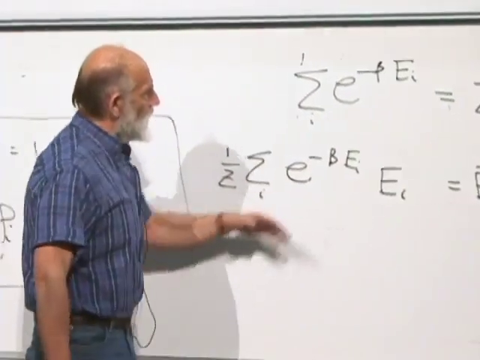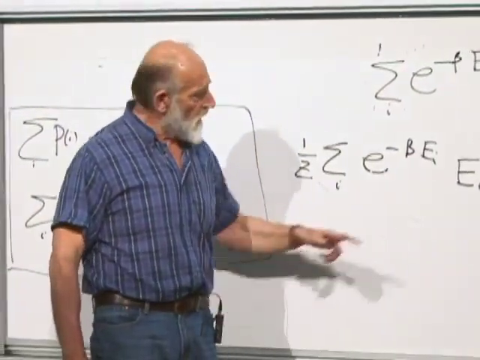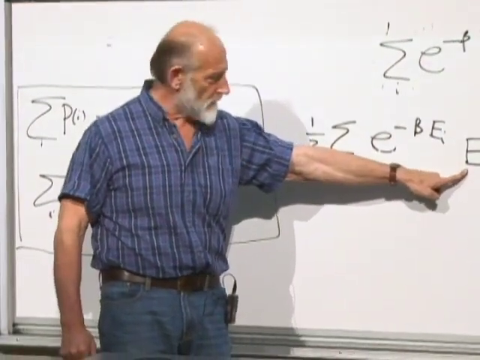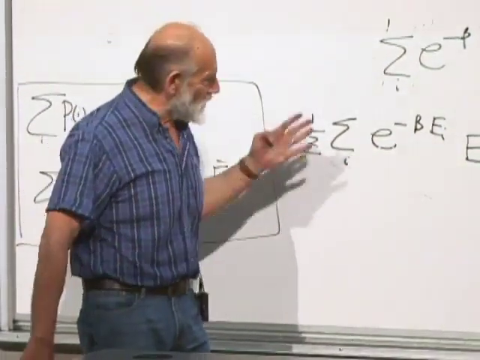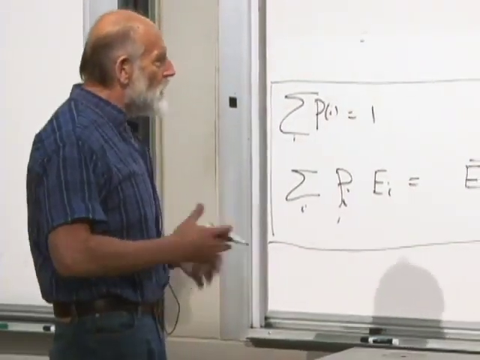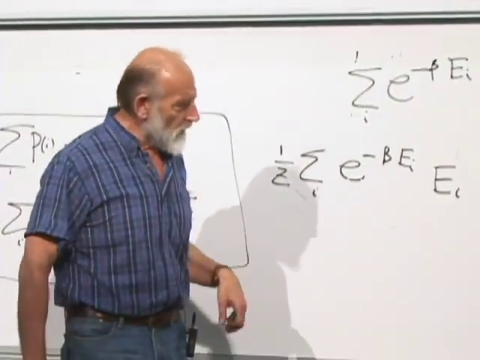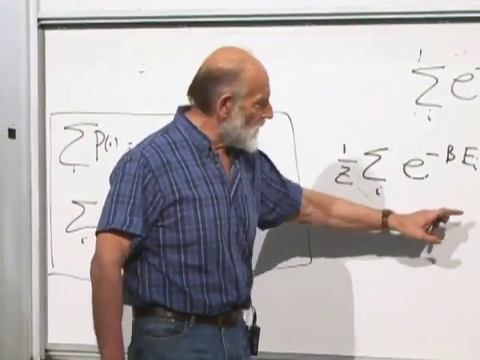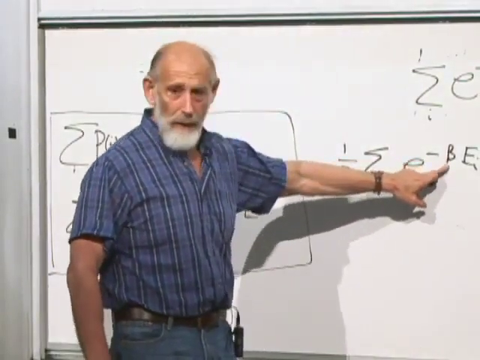This is the object here whose sum defines the partition function. But we have an extra e sub I here. The trick, and this is such a standard trick that by this point anybody who has done a little bit of mathematics from time to time would rather quickly realize that the next step is to replace the e sub I by the derivative with respect to beta.